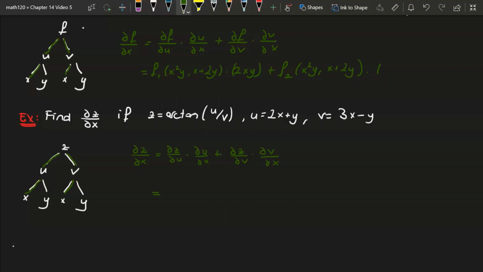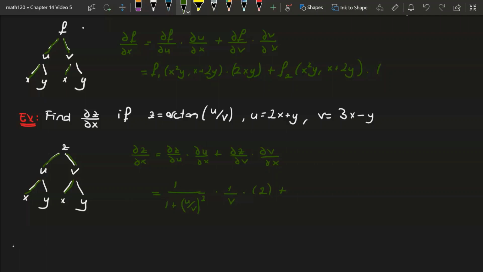And the derivative of the arctangent function, arctangent of u over v with respect to u, is 1 over 1 plus (u over v) squared, times the derivative of u over v with respect to u, which is 1 over v, times the derivative of u with respect to x, which is 2x, the derivative of 2x plus y with respect to x, which is 2, plus